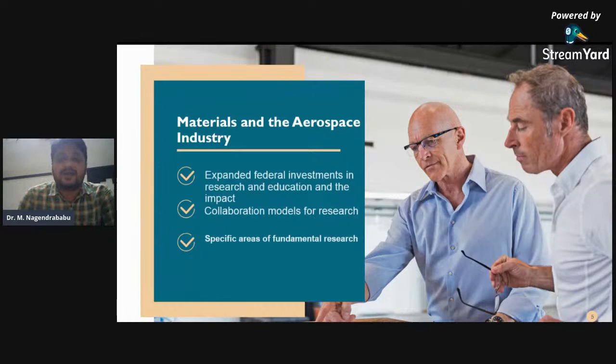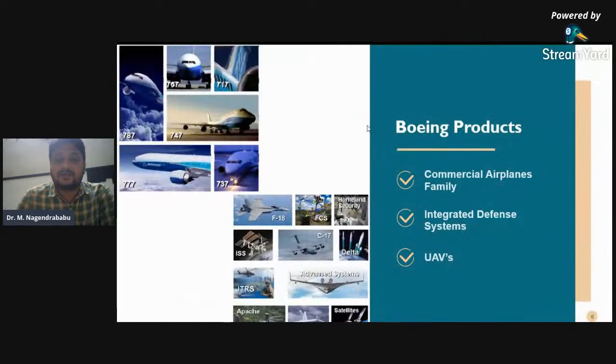Before going to that, we need to discuss a few questions to consider for enhancing innovation and competitiveness: expanded federal investments in research and education, the acceleration of ROI in basic research, collaboration models for research, and the specific areas of fundamental research and workforce challenges. For all these questions, we need to discuss a little more on Boeing products and how they increase. Coming to the Boeing products, they have two main concepts: the commercial airplane family and the